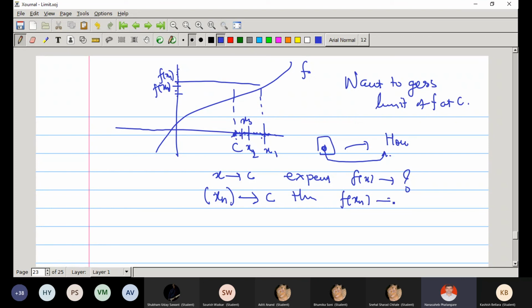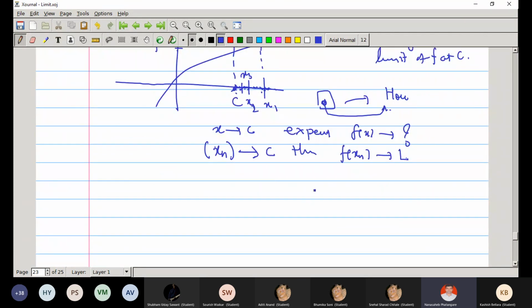These values will tend to some number, and suppose that number is L. Can we hope